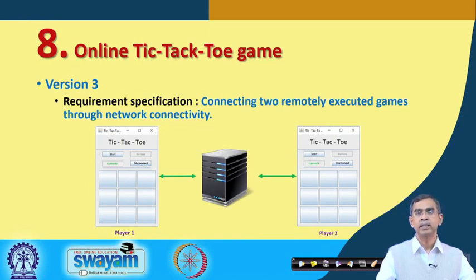In two sockets, if the two programs are run, then the network connectivity will take care of this execution. So this is the third version: you have developed things standalone on one side only, and now the two programs can run concurrently on two different machines, connected through the net. So networking is required so that the sockets can communicate between the two players.